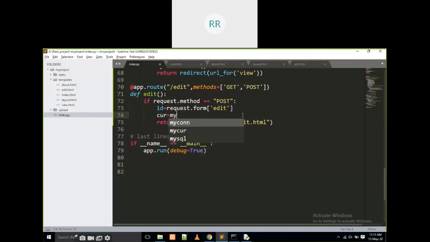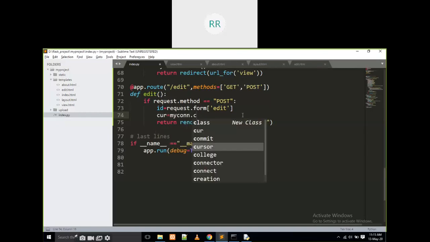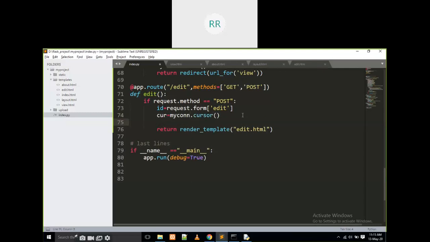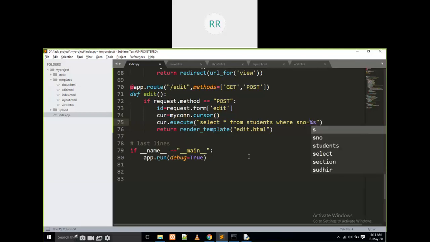I am going to create a cursor again: my connection dot cursor of. I am going to write cursor dot execute of select star from students where, and I mention the column name, serial number, is equal to percentage s. And the value for the percentage s is going to be the ID.